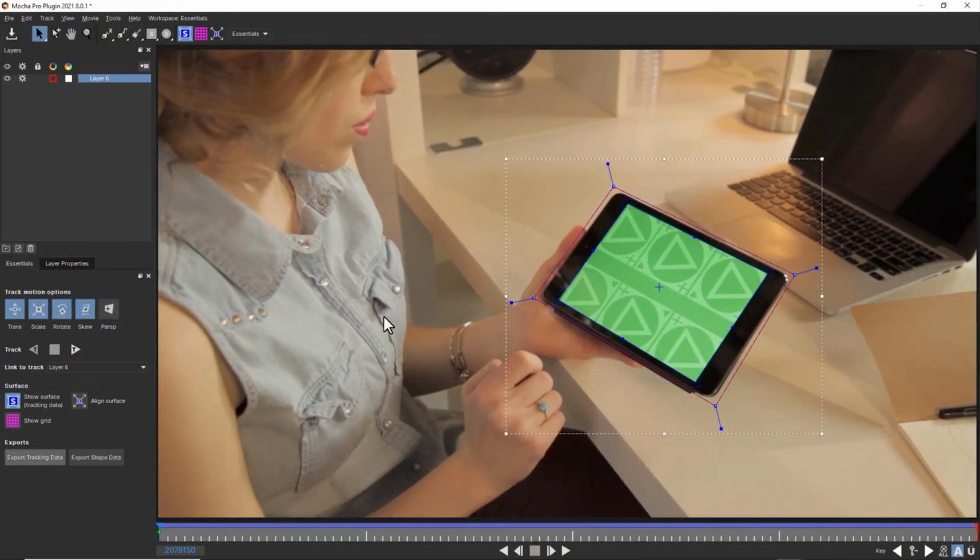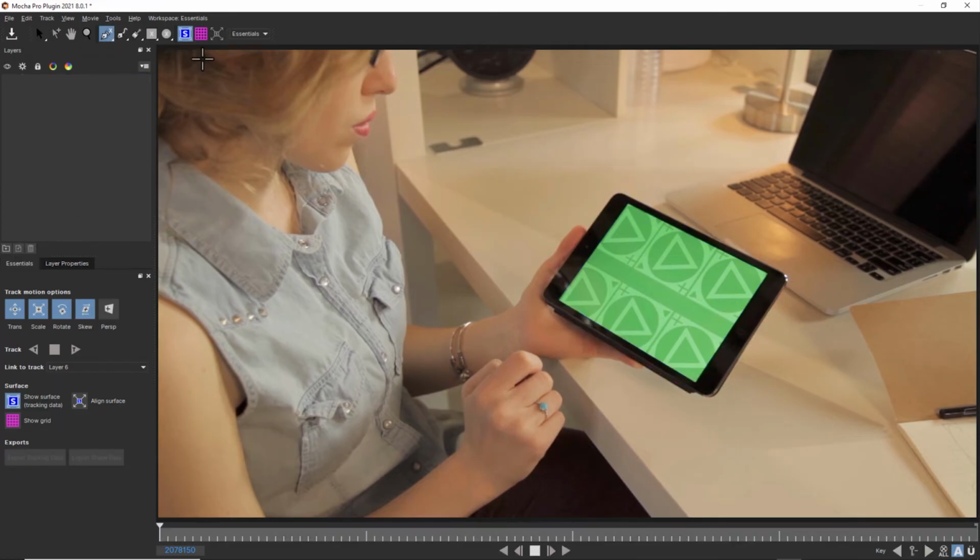So how do we get a better track for the screen that doesn't slip due to reflections? We're going to use our X-spline. With our X-spline, I'm going to quickly just draw a shape around the top parts of this pad. And I'm going to keep this top texture because I don't see a lot of reflections in the top that I think are very noticeable. But towards the bottom, there are some noticeable reflections.